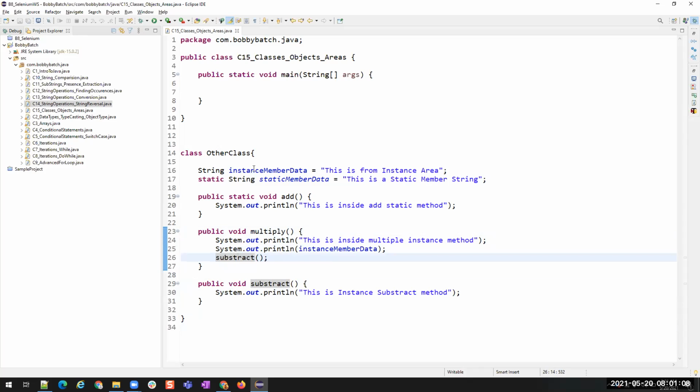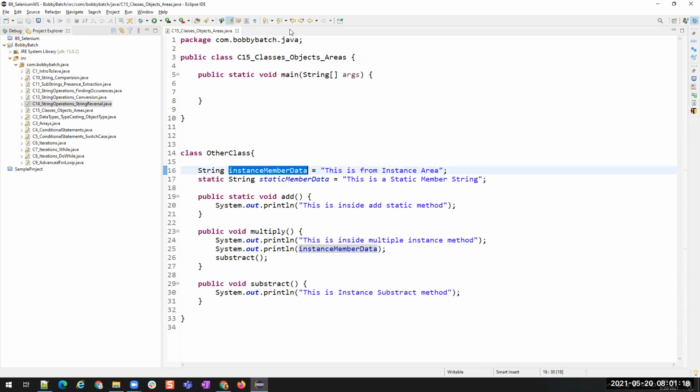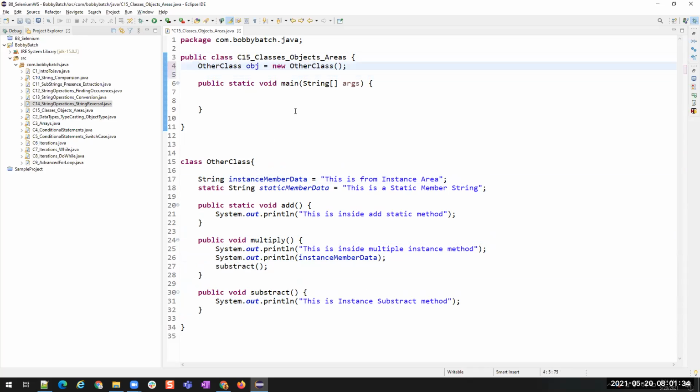But see here, I have this instance member in this class, and I want to access it inside another class. If I want to access this member inside another class, I have to create an object for this class. To create an object, what is the way? OtherClass obj is equals to new OtherClass. This is the syntax we use to create an object.